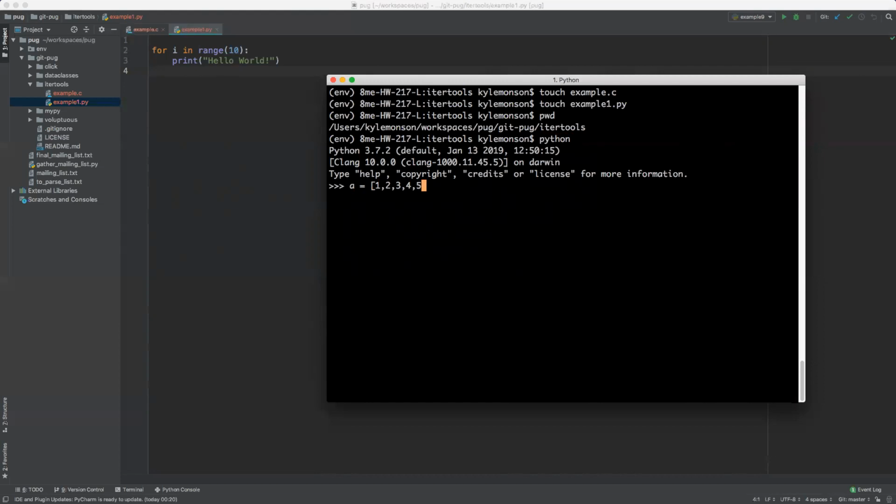And in Python, I can do something like this. So for i in range, and we'll say range 5, because that's the size of our list. And then we'll print